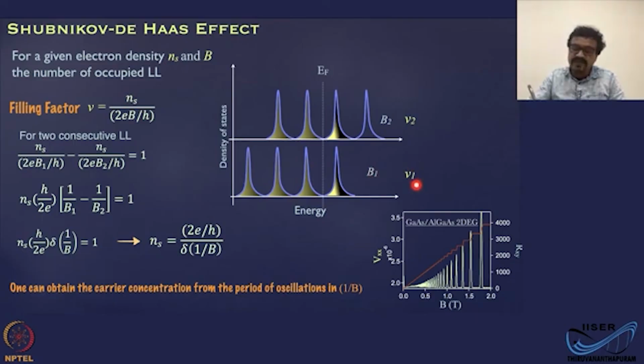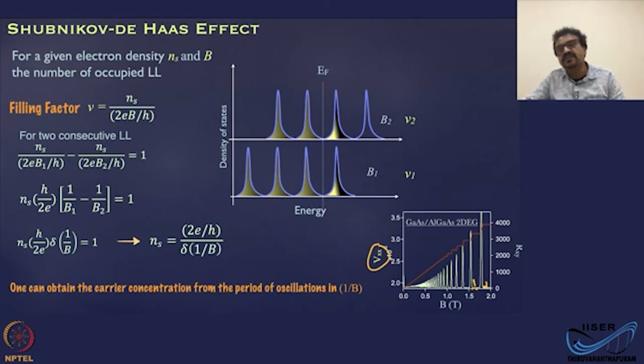And this corresponds to a filling factor nu1, where you have 3 Landau levels below the Fermi level, and this corresponds to filling factor nu2, where you have 2 Landau levels below the Fermi level. The Fermi level is marked here. Now, as we know, these points correspond to points of no resistance or negligible resistance. That is basically the dips in this Rxx or Vxx